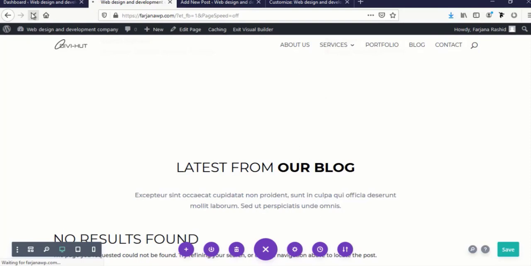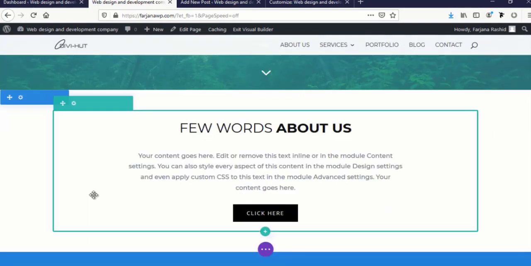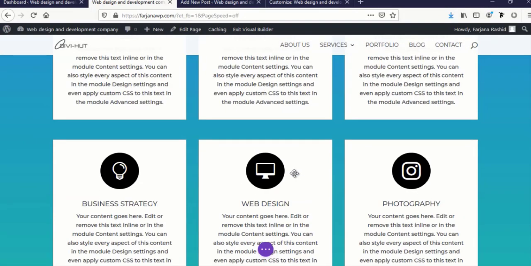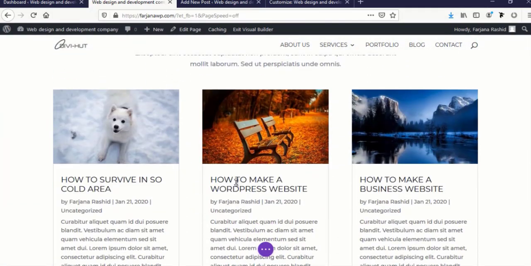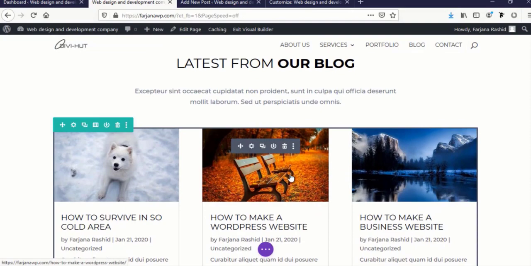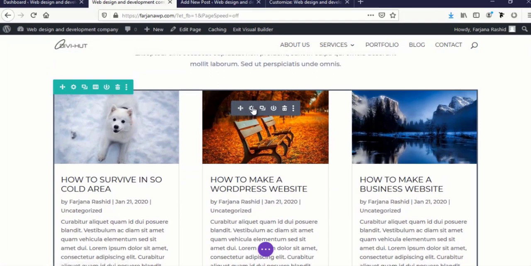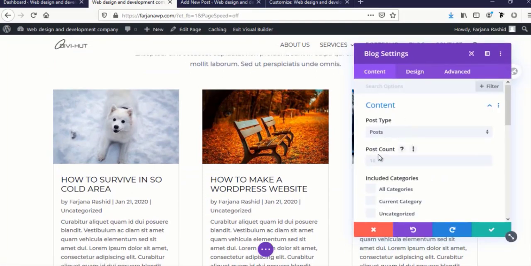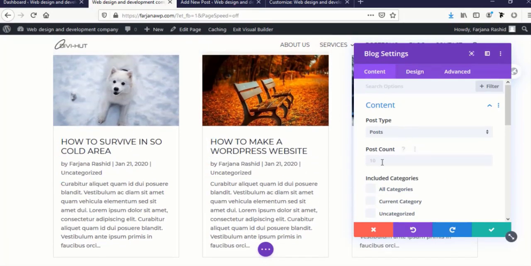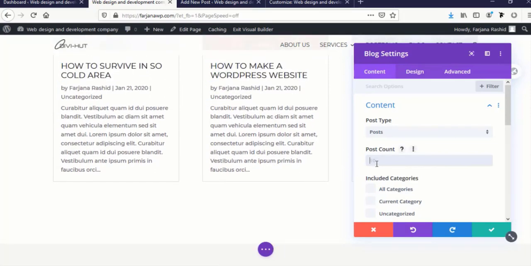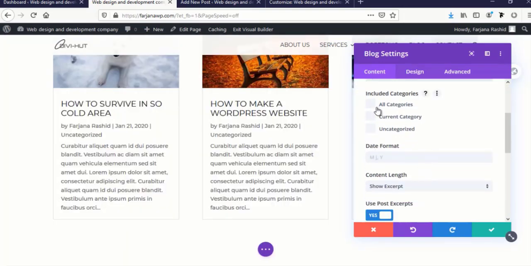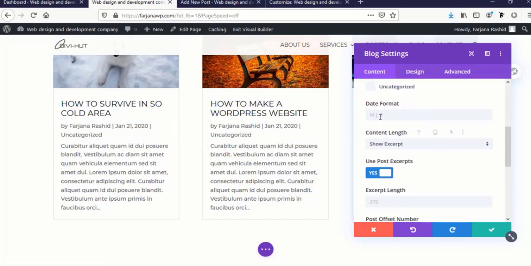Now I'm going to refresh it. Okay, now I'm going to this blog section again, and now we can see 3 blog posts by default. So now I'm going to customize this blog area, and here post count, so we can add more posts here. So I am just adding 3 posts here, and we can also set from here the post category, so only show this category here, and here is date format. We can also change this date format and show excerpt, so we can also show it or show our full content,